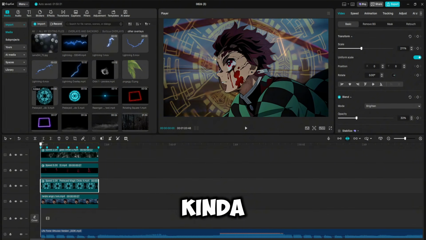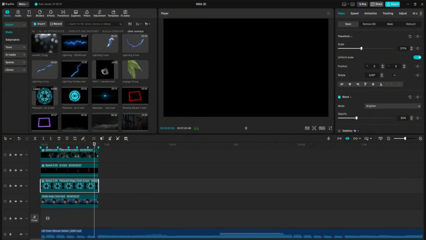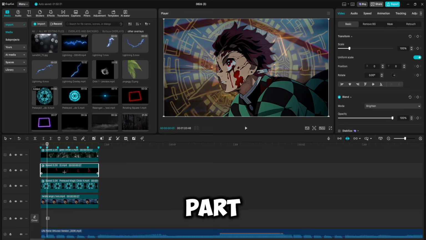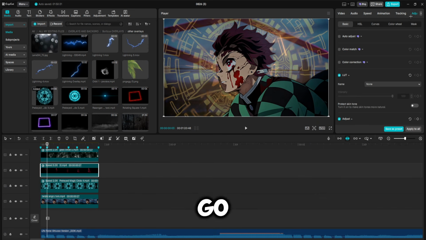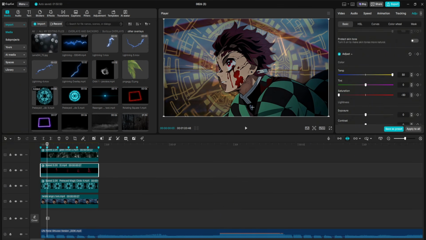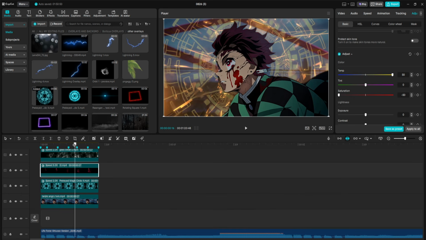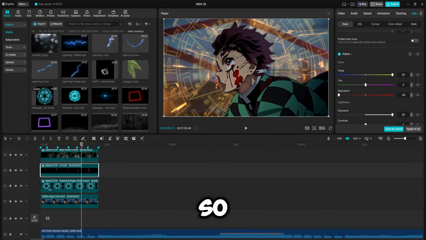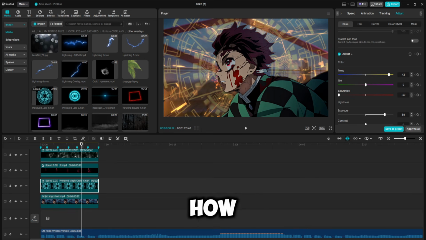So now it looks kind of something like this. And I don't think that part looks good, so I'm going to go here. I'm going to go to adjust and do the same thing for this one. I'm going to change it to the oranger color and put the exposure up. So that looks pretty good. And this is how you do overlays